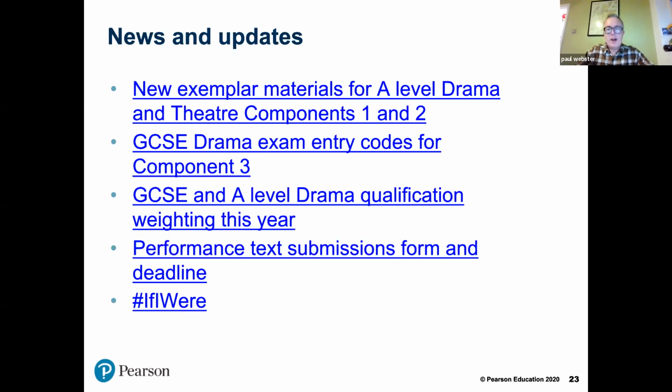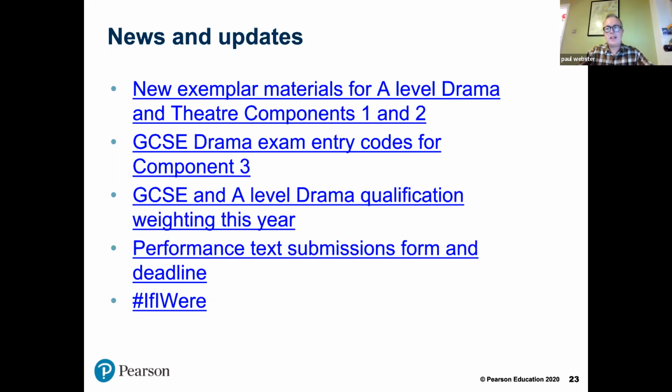I was saying before about the qualification weighting and how, if for instance you're doing A-level component 2, there's now a balance because we've balanced it out and scaled it. We have a document on our website which explains all of this. So when I send you the presentation slides afterwards, you can have a look if you like. It explains how all of it will be assessed and all the different weightings through the 3 components.